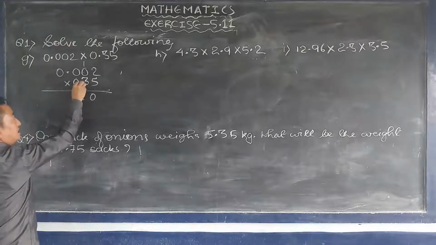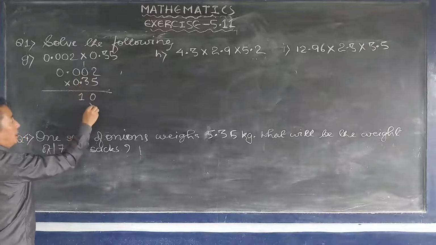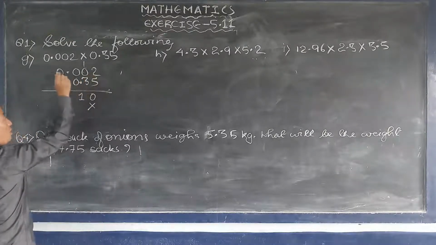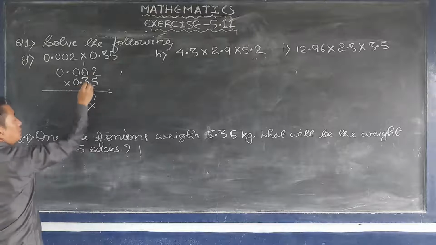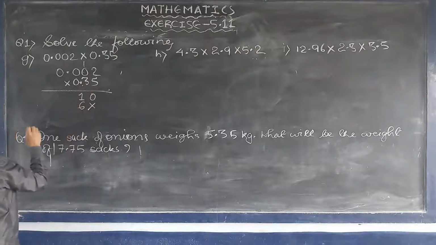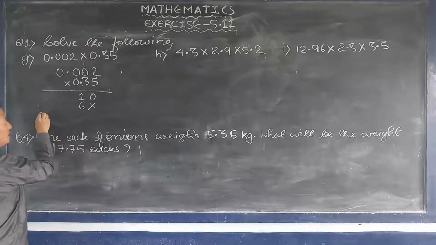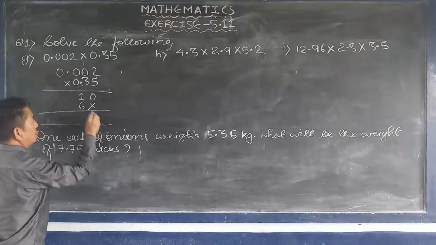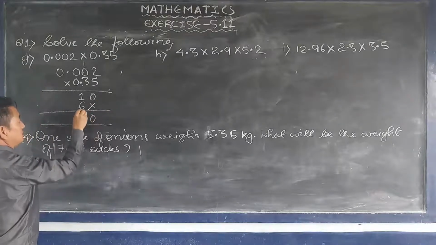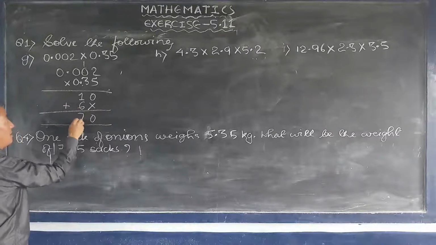Now second digit here is 3. So again here 2 is multiplied by 3. 3 2s are 6. Now you can see here we'll add this number. We don't need to find out this. 0, then this 6 plus 1 is 7.